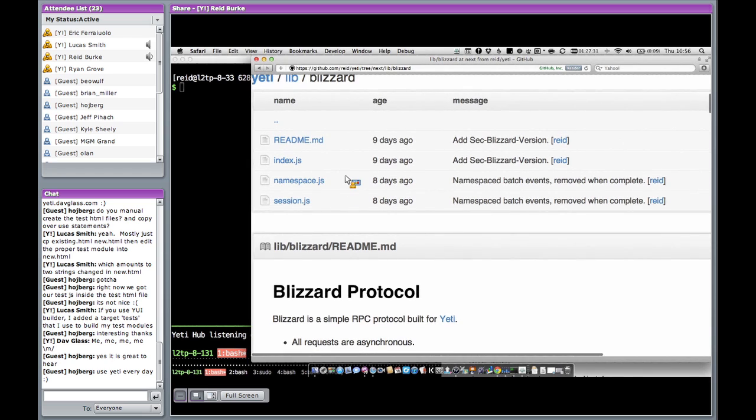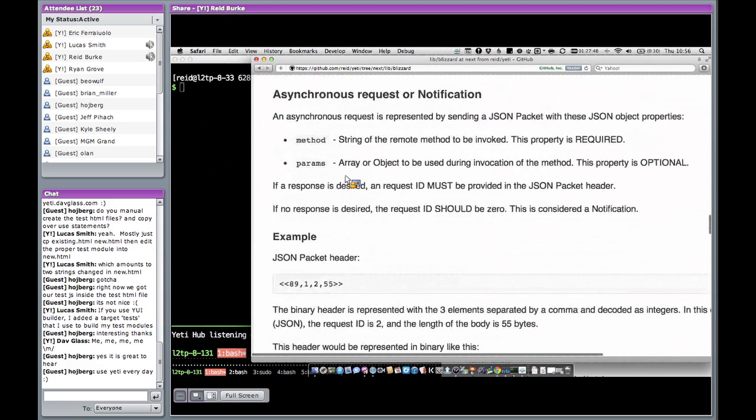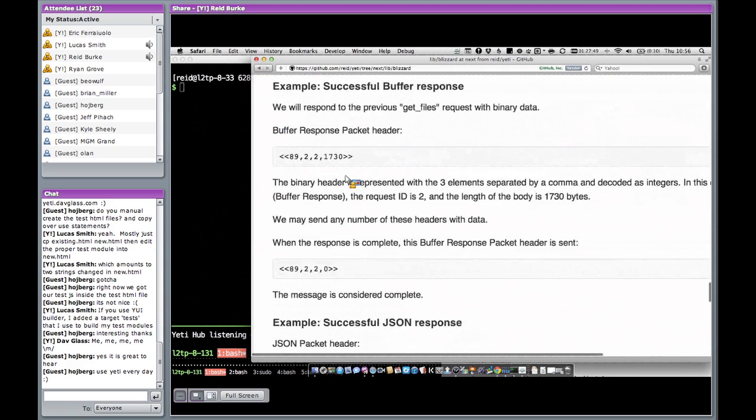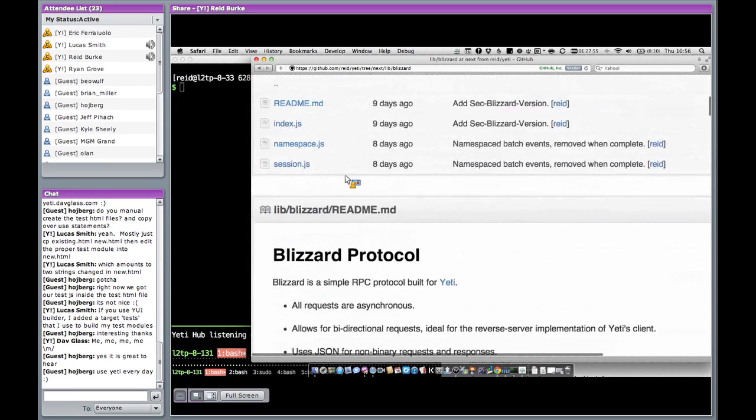But one thing that I'm trying to do is, this protocol is what's transferring the files back and forth, and it's really simple. It's a little bit complicated. It looks complicated, but that's because I was very specific with speccing out what's happening over the wire and sending files back and forth. So it looks scary, but if someone out there really loves Node.js and loves dealing with binary data, or wants to write a new parser for Blizzard, it really needs